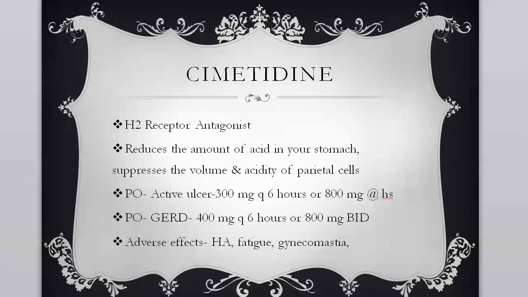When given this PO for an active ulcer, the recommended dosage is 300 milligrams every 6 hours or 800 milligrams in HS. And when it's used for GERD, 400 milligrams every 6 hours or 800 milligrams BID. Some of the adverse effects are headache, fatigue, gynecomastia, especially with males,